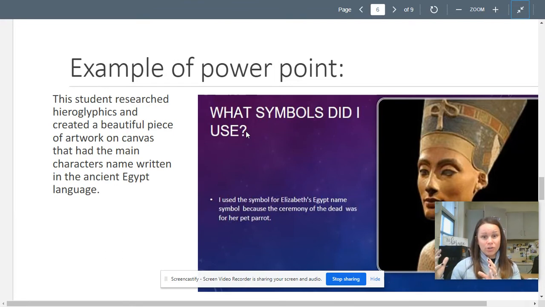did I use? So even if you are going to create some sort of project, there's those specific questions that you need to make sure that you include. That's what you should put into your presentation, right? When I'm grading you, I'm going to be like, did they go through each and every one of those questions that I listed on that sheet of paper, on that document that you just saw?